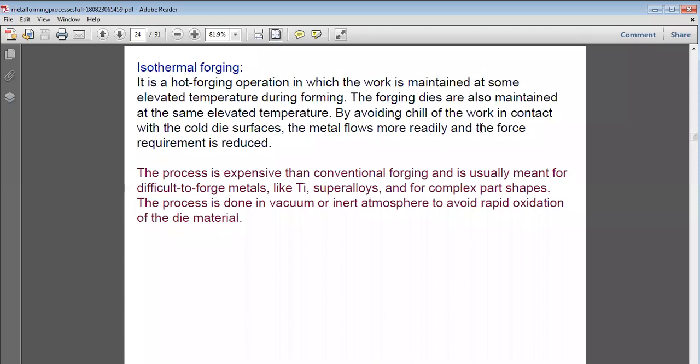So what will be happening when we are heating it? Obviously, at high temperature there will be chances of oxidation if air is present at that time. So it has to be done in vacuum, so that the die material doesn't oxidize. Otherwise it results in erosion of the die, or the surface finish is disrupted due to oxidation of the die, and the shape of the die is disturbed. That can be prevented only if there is no oxidation, and that can only take place if we take off the air. We do all this in a vacuum, which means no air is present in that particular isothermal process.